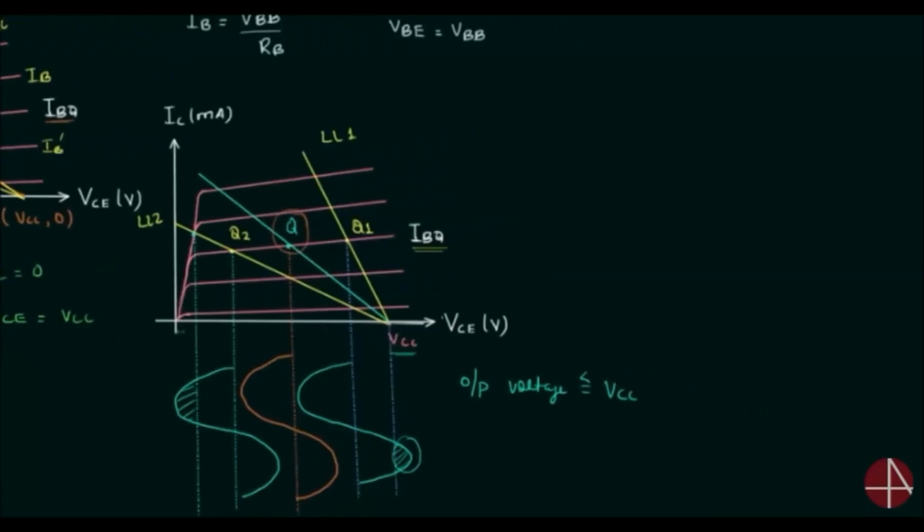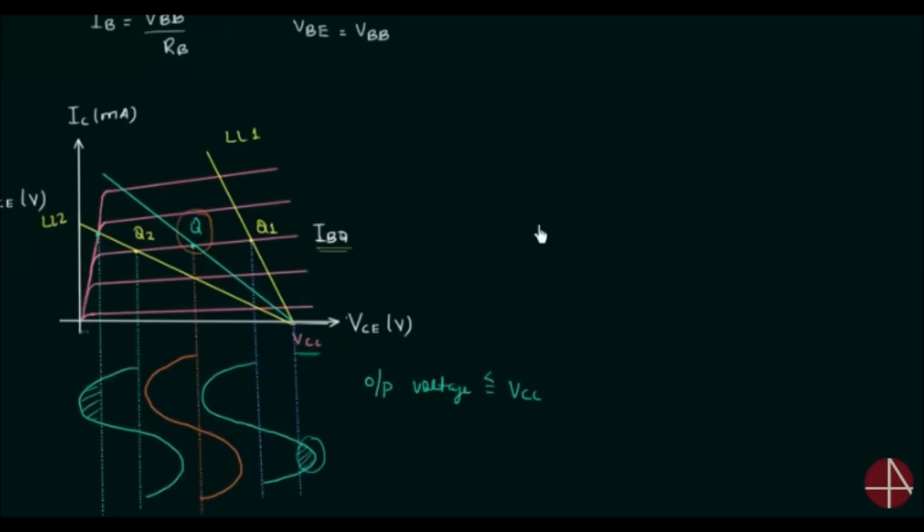Once we set the proper operating point, it should not shift because of change in the collector current. Once the operating point is fixed, it should not change with change in the collector current, and the collector current may change because of two reasons. The first reason is change in beta value. We already know collector current IC is equal to beta times IB, and if beta increases, this implies the collector current IC will also increase.